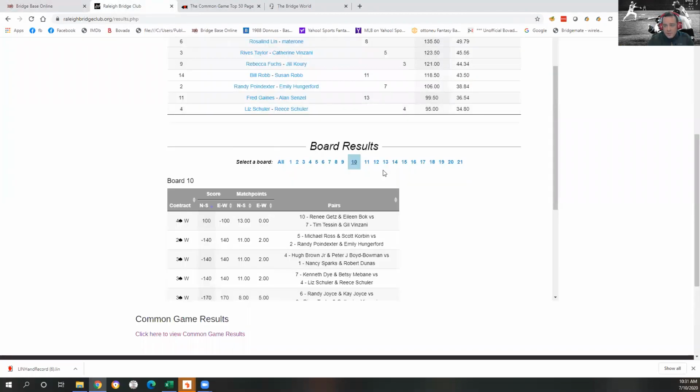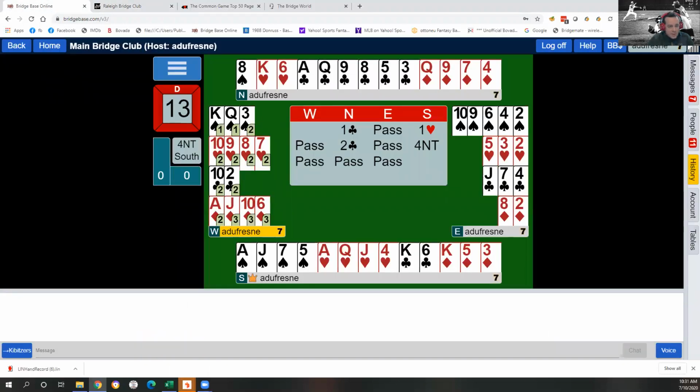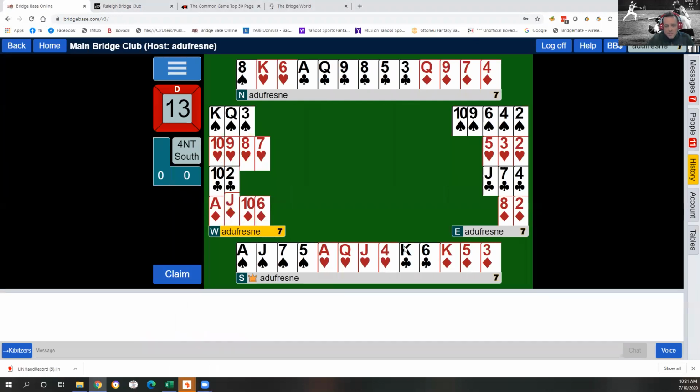What hand are we on now? 13. Yeah, there was 1 6 clubs, and then there was us playing 4 no trump, making all the tricks for, you know, a good result. Here's how the squeeze would work. They led the jack of diamonds,